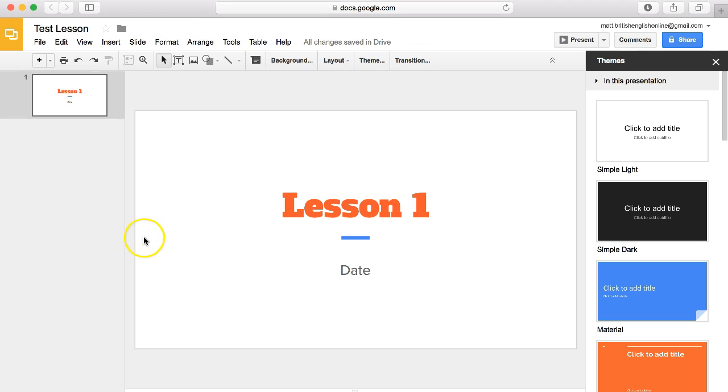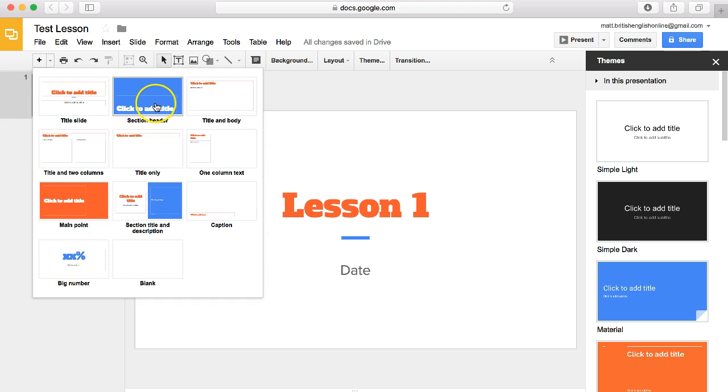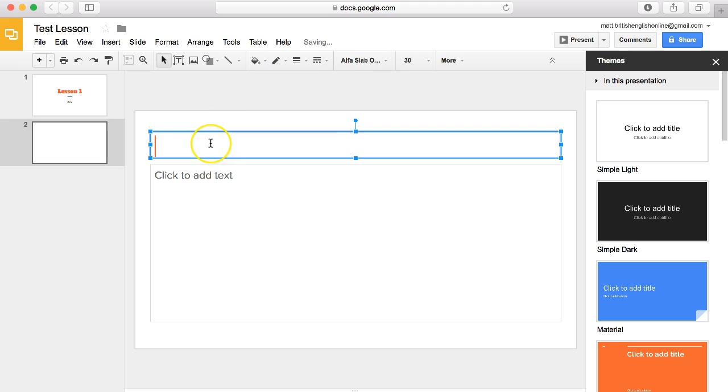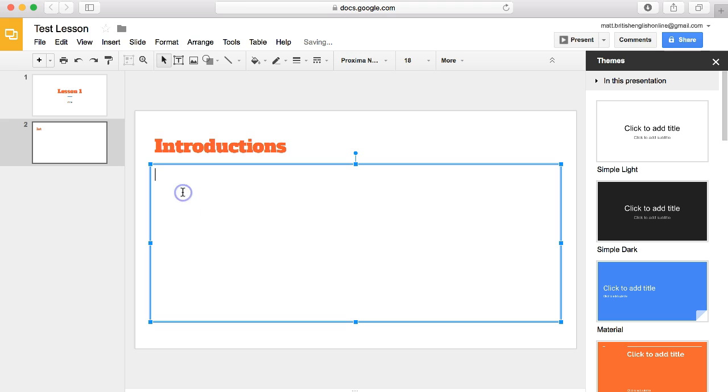Now we've got the title page, we can come up to the top left hand corner here, and next to this plus sign we can click the little arrow and choose what kind of slide we'd like next. Very similar to Microsoft PowerPoint. So let's choose title and body, and perhaps we want to do some introductions. So we'll write the title up there and add some text,